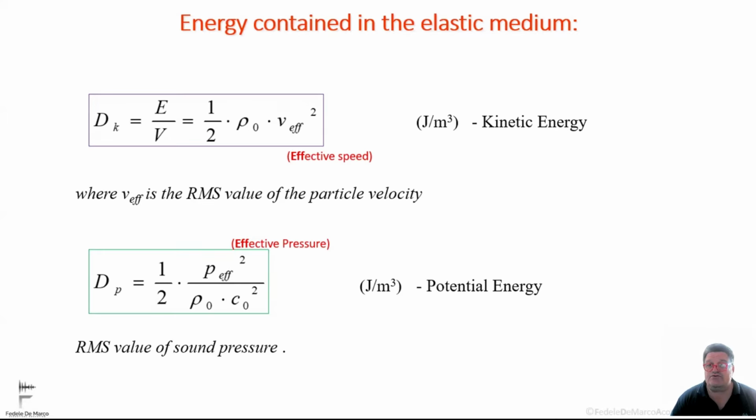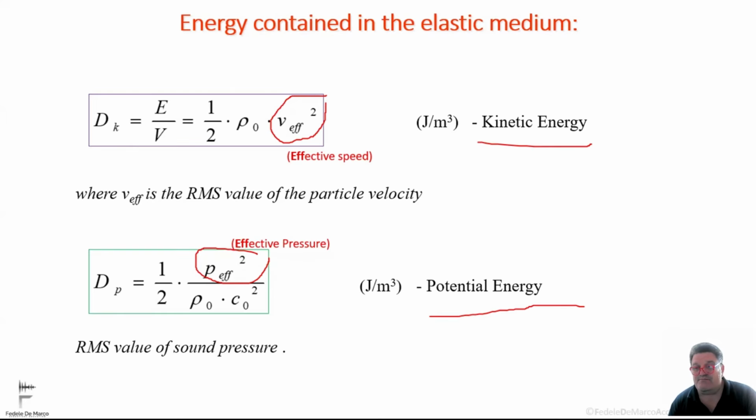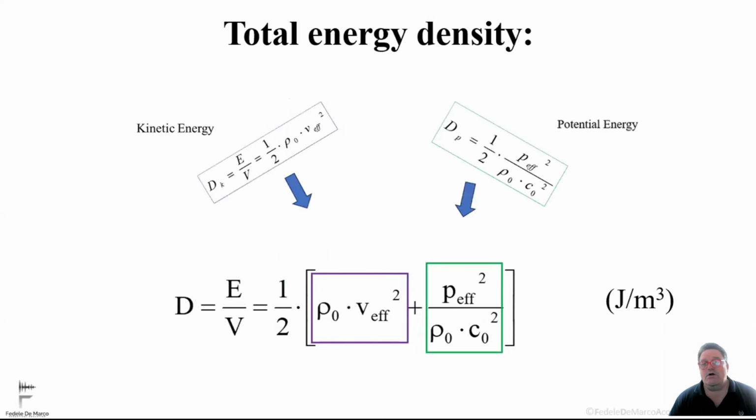In this way, I convert the field quantities into energy quantities, the velocity in kinetic energy, the pressure in potential energy. Total energy density trapped in a room is equal to kinetic energy plus potential energy, and it is measured in joules